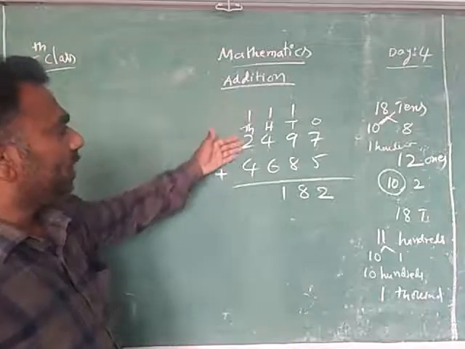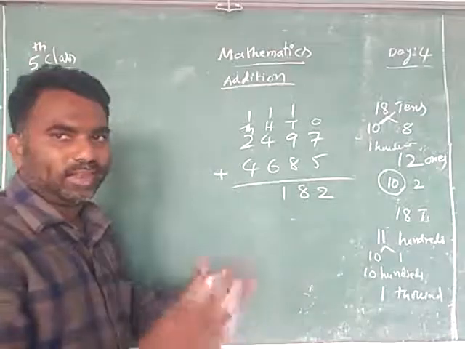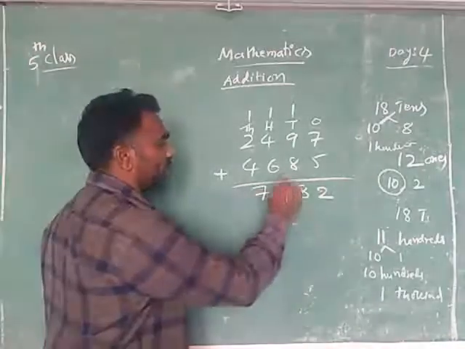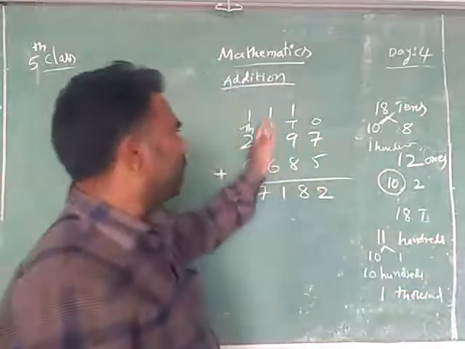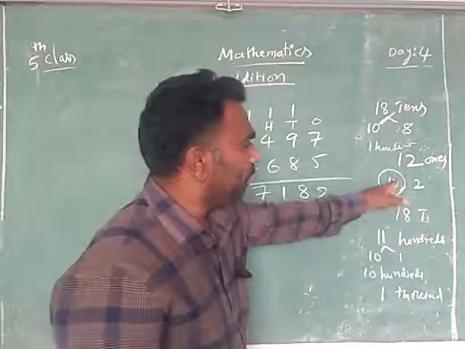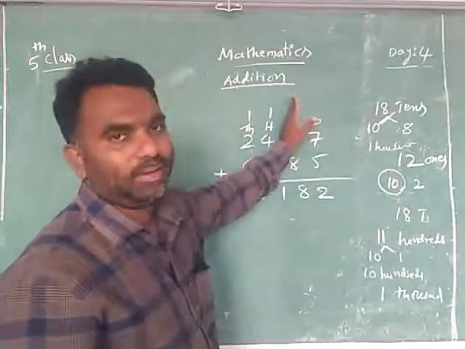Now 2 plus 1, 3, 3 plus 4, 7. 7 thousands, only 7. There is no extra. So like that, why are we giving the carry? Because here we are separating 110. That must come in the tens line.